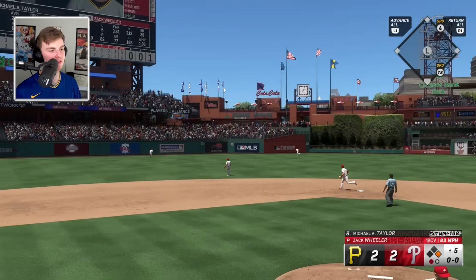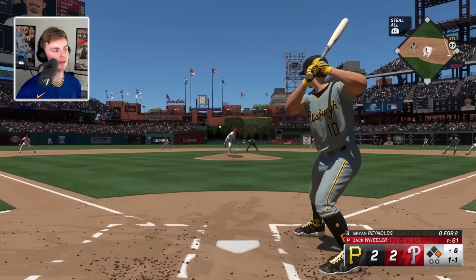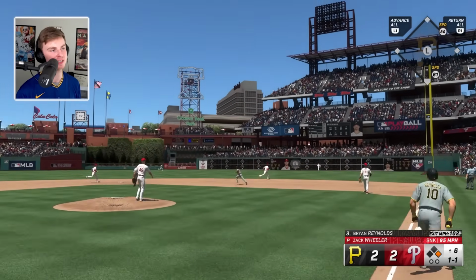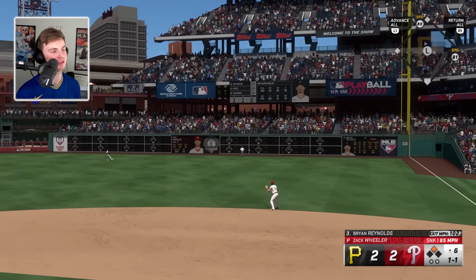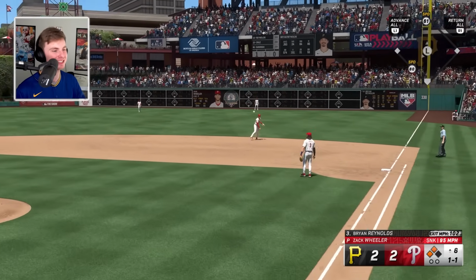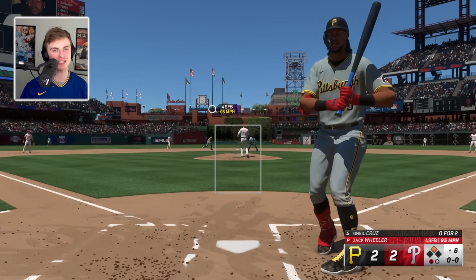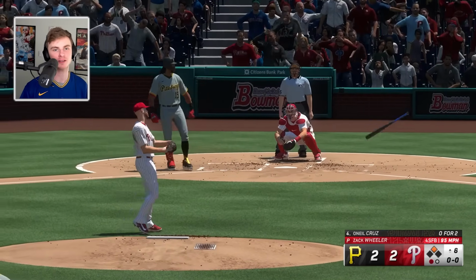That one was left right up in the zone, and Michael Taylor is going to take advantage with a deep drive into left center. This one's gone back and forth all game long, but maybe the Pirates can take advantage. Once again, Brian Reynolds hits this one off the wall, so runners are at 2 and 3, except Andrew McCutchen's going to test the throw coming in, and he's going to be thrown out. That was a terrible time for a bad CPU base running decision, but here's a walk, and Zach Wheeler is